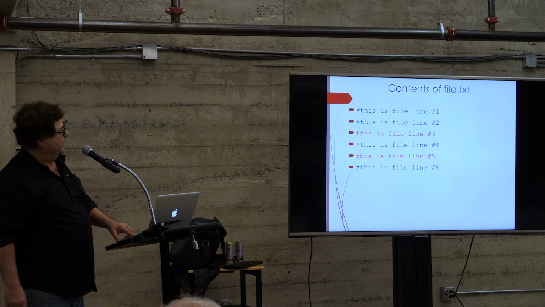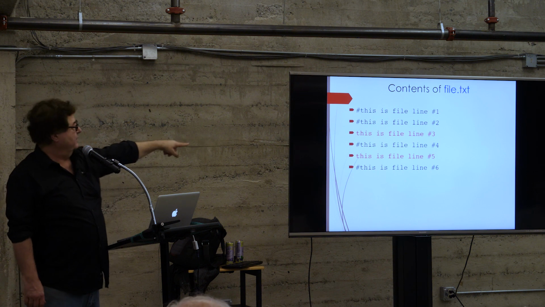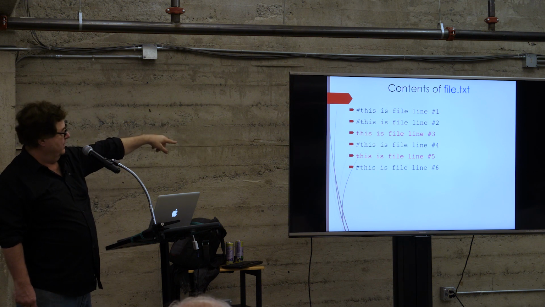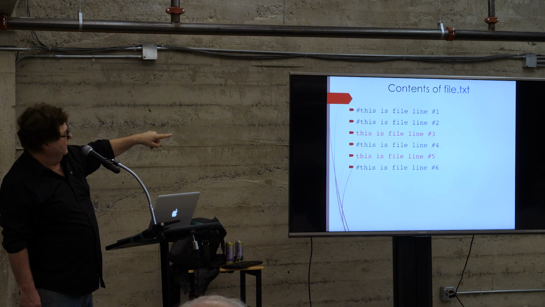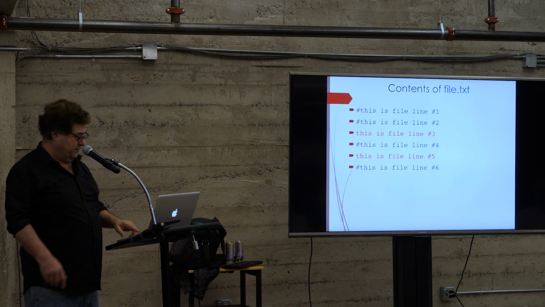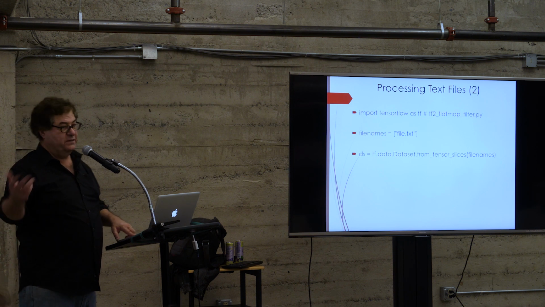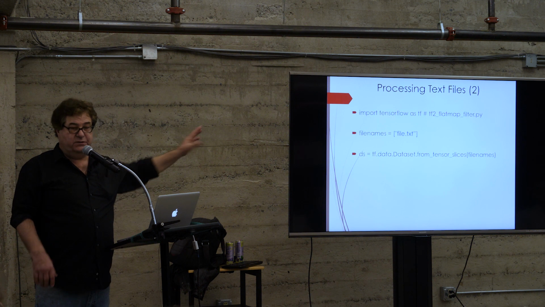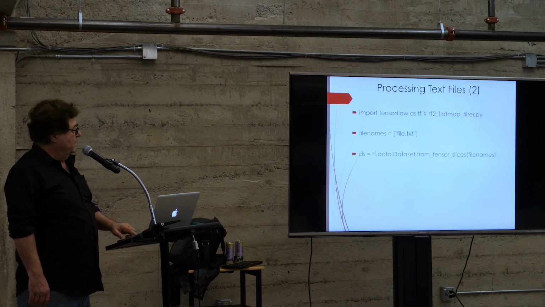So here's the text file. I put it in red. The output that we want is going to be the first red one and the second one. We don't get anything else because all the others are comments. So here's the code. Now we specify an array of file names. This isn't restricted to just one file, but for this example, we're going to do just one.